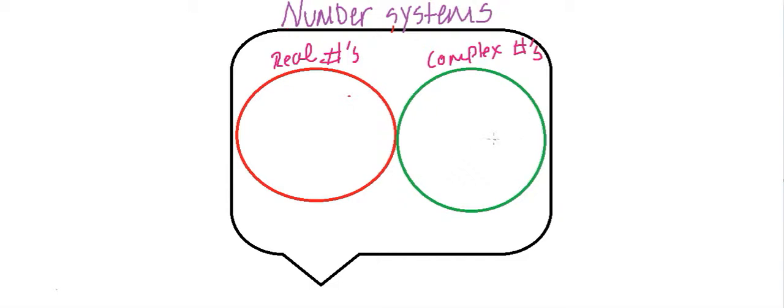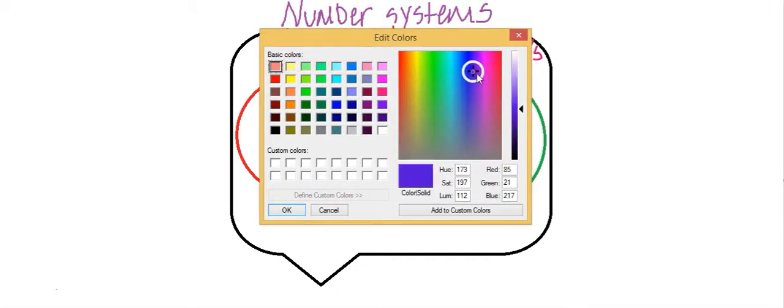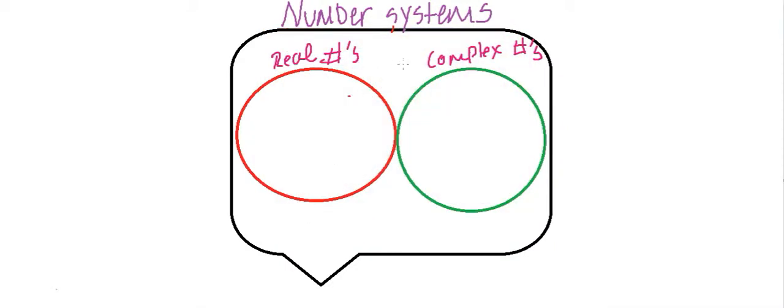Okay, so we're looking at number systems here. I want to introduce you guys to something called a complex number system, right? So when dealing with the complex number system, first let's cover the